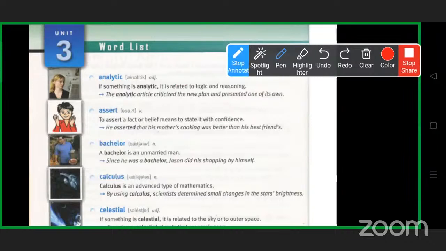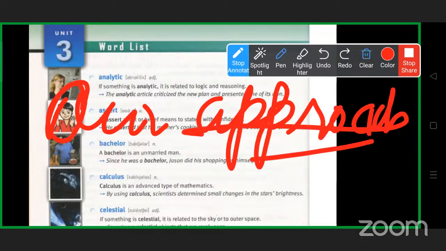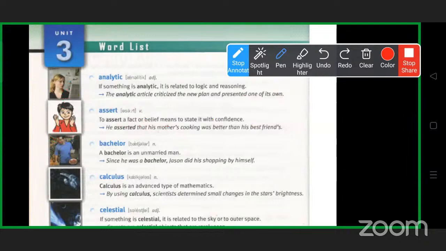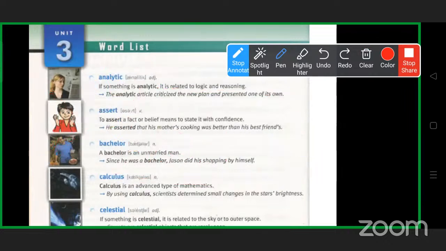Whenever we want to understand anything, we need to have an analytical approach towards that thing. So our approach has to be analytical. Approach can be analytical, or our mindset can be analytical, or our attitude can be analytical in nature. So you can simply understand that, I hope so. Any person who is logical is analytical. The person who has logic in his statements, or the person who has a reason in his statements, that is analytical.